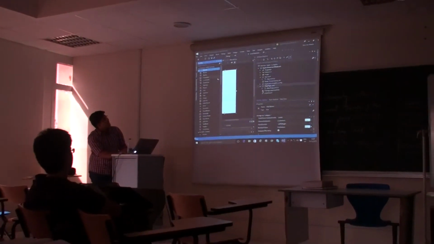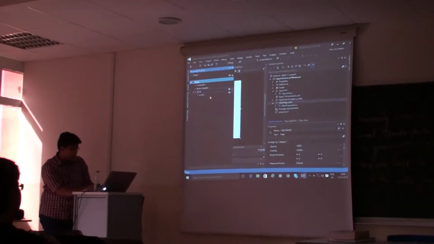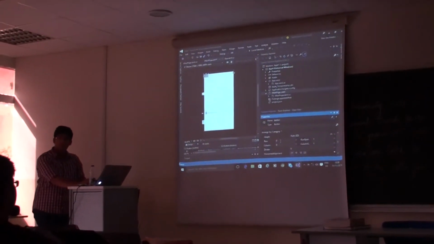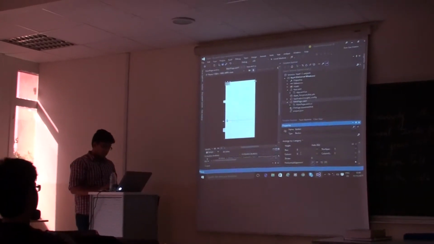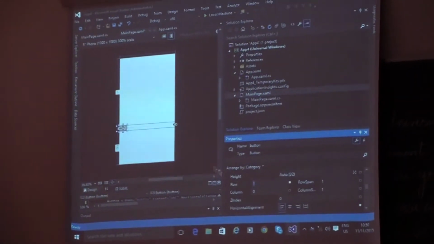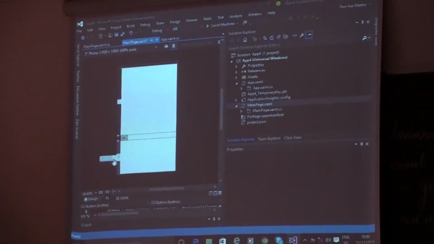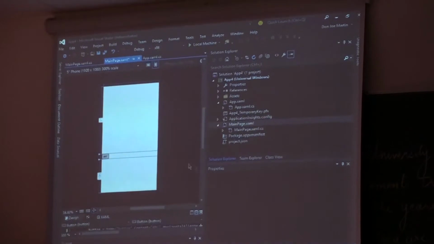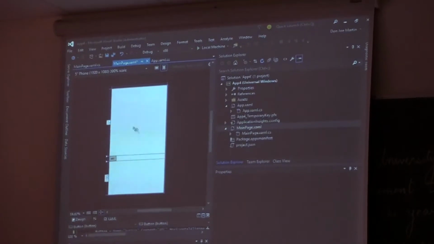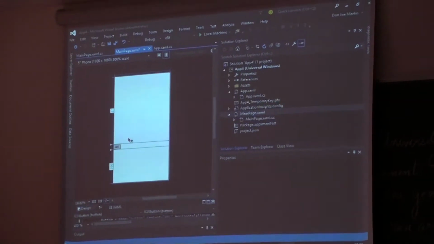Now our button is in 0, 0. That means the first row, first column. Now suppose I bring it to the second row. See? Now it has something. It fits in exactly according to that. The other one which had a size of 100 pixels is still 100 pixels. And the first row, since it had a size of star, fills out whatever space was left.